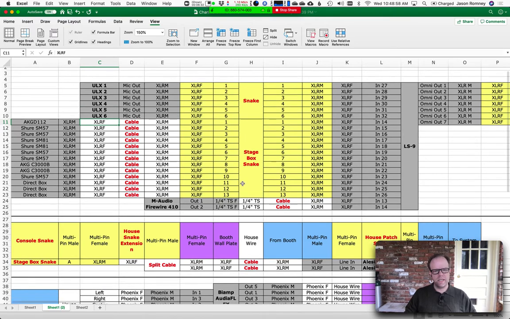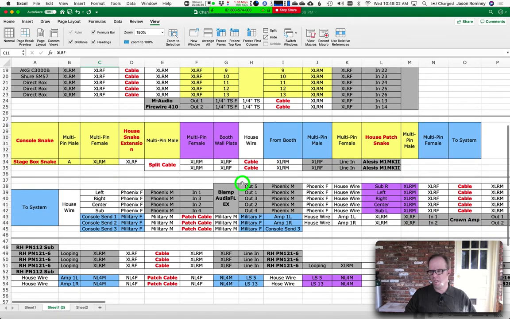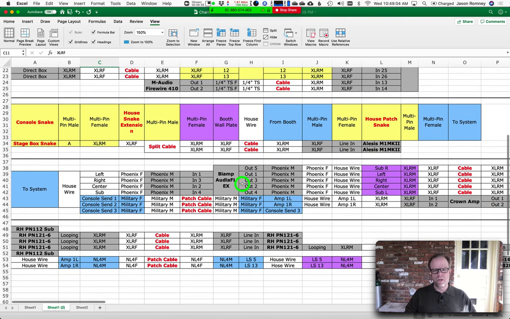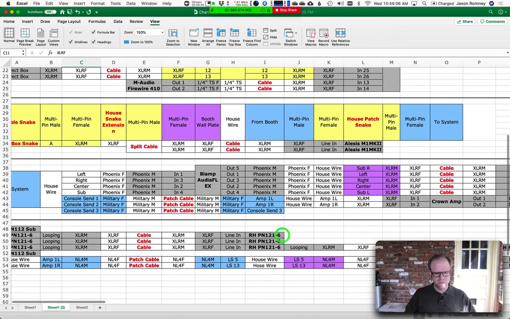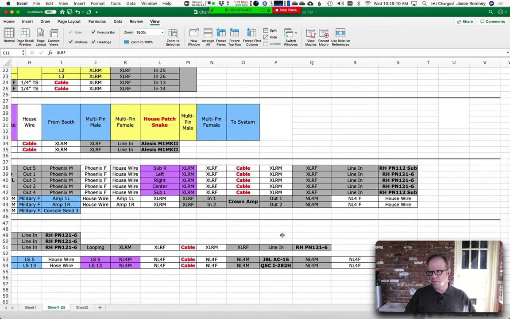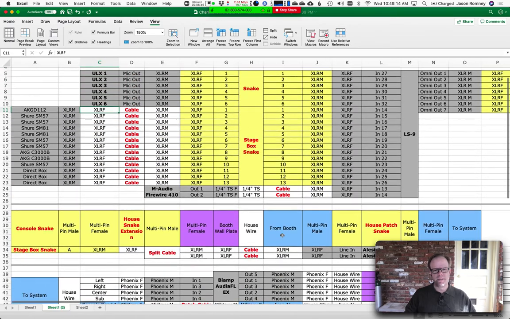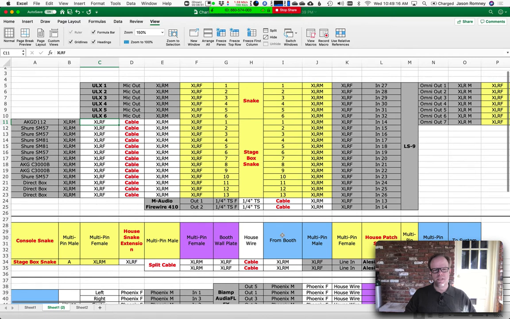So remember I said that connectors are the things that are going to cause you the most problems? When you draw it out like this, you see just how many of them you have. There are an awful lot of connectors in this system. So it's sort of ironic that the thing that is going to break the easiest just happens to be the thing you have the most of